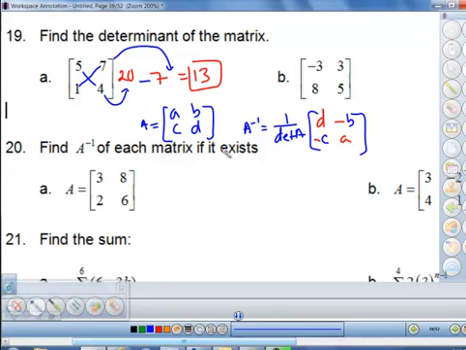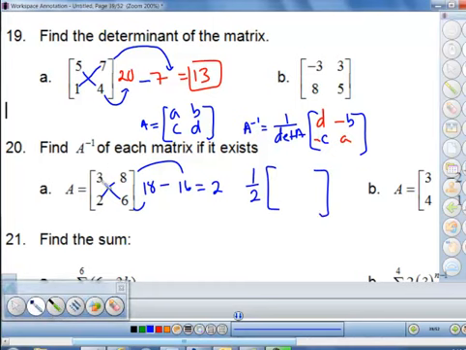Okay, so let's try this. Ready? So first I'm going to do the determinant. So this times this, that's going to be 18, minus this times this, which is going to be 16. Okay, so my determinant is 2. So from there, I'm going to go, 1 over 2 times,